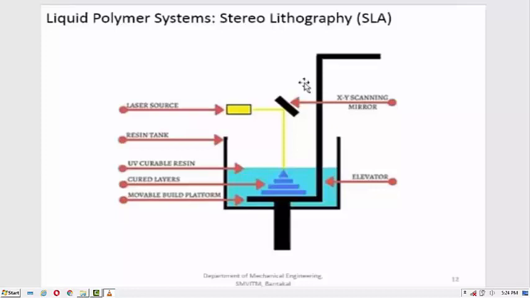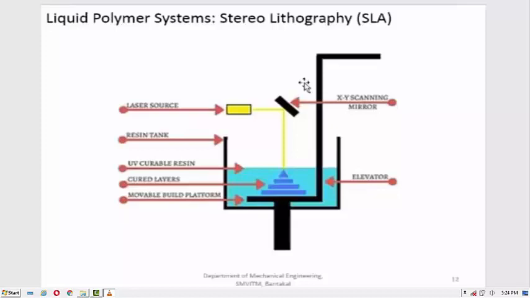So what are the advantages and what are the limitations of the stereolithography process? The advantage is you are going to get very accurate components. That is one of the primary advantages of stereolithography. The accuracy achieved is very, very high among all the additive manufacturing processes. Then it is also quite a fast process, you can say. A number of components can be produced simultaneously. Accuracy level is very, very high, and the process is very simple. That is also there.